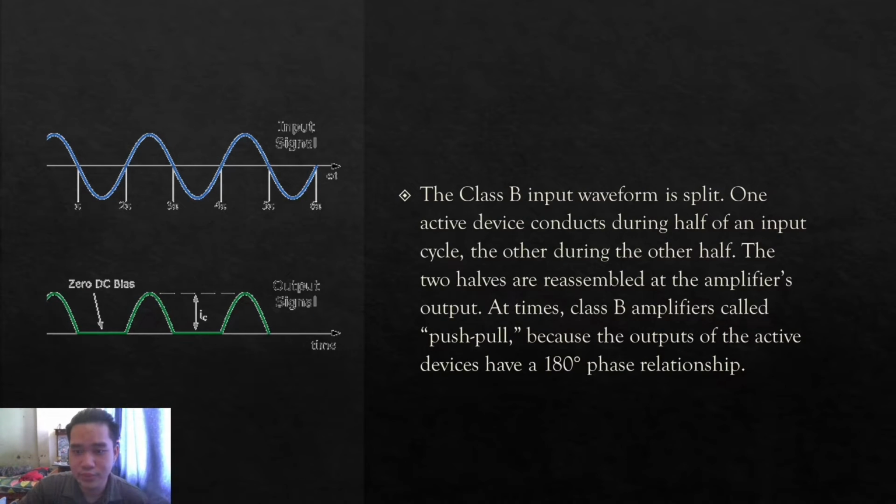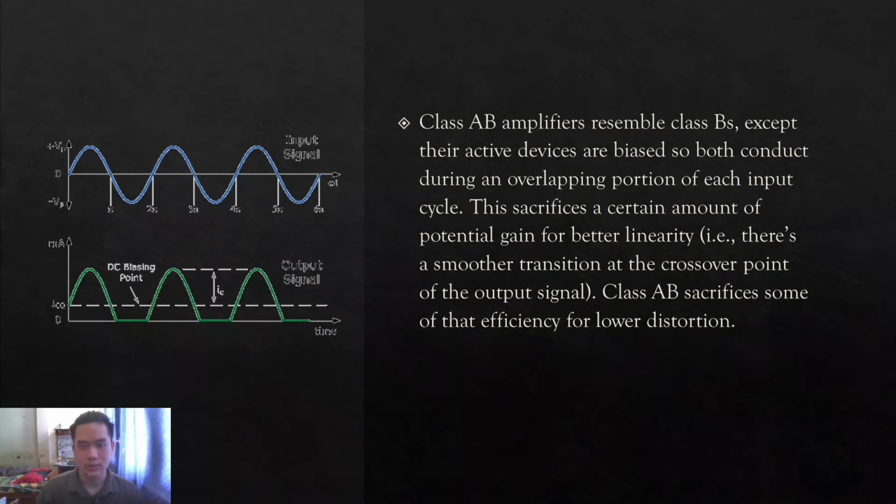The class B input waveform is split. The device conducts during half of an input cycle, the other device during the other half. The two halves are reassembled at the amplifier's output. At times, class B amplifiers are called push-pull because the outputs of the active devices have a 180 degrees phase relationship. Class AB amplifiers resemble class B except their active devices are biased so both conduct during an overlapping portion